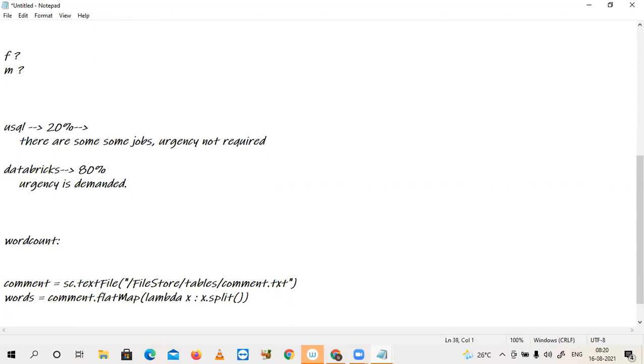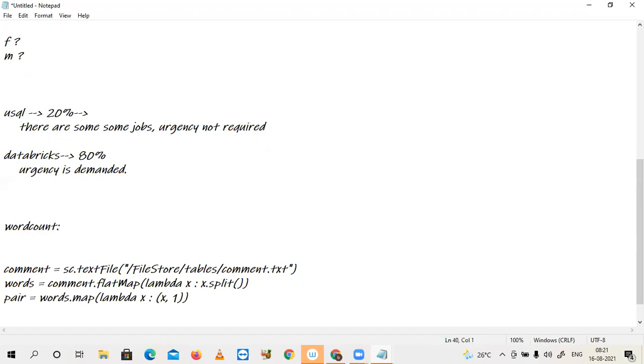That functionality is called flattening. After that, you construct the pair. For that, the input is words.map, lambda x: x as the key, 1 as the value.